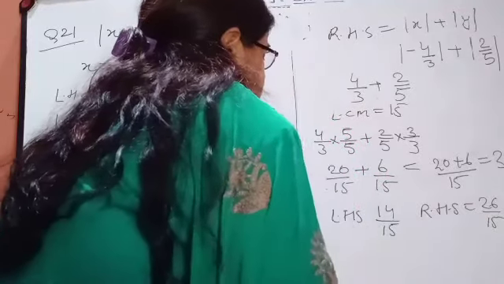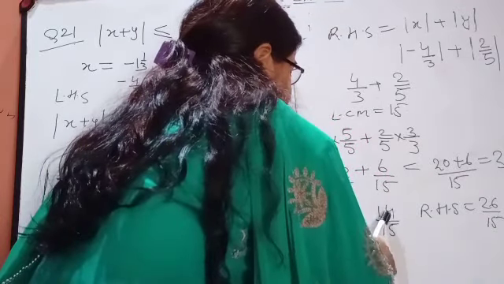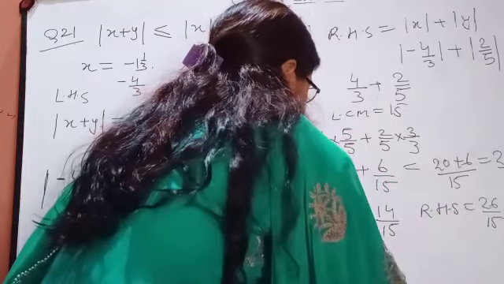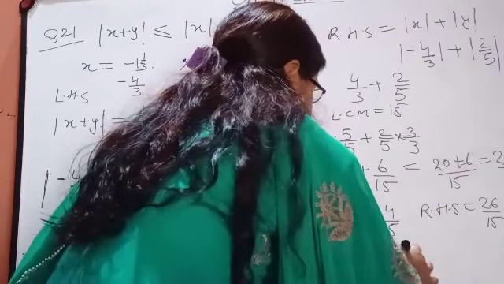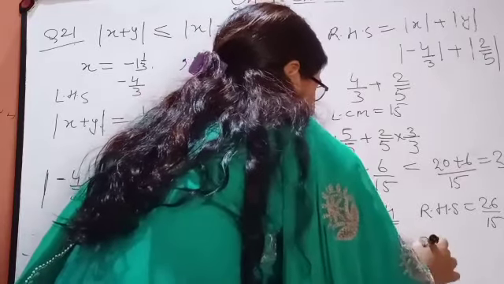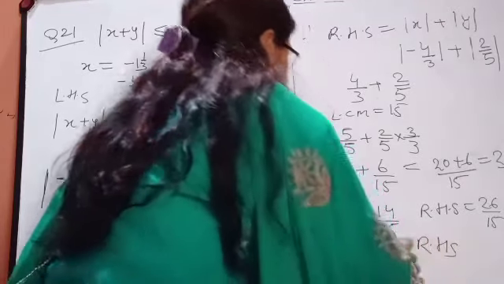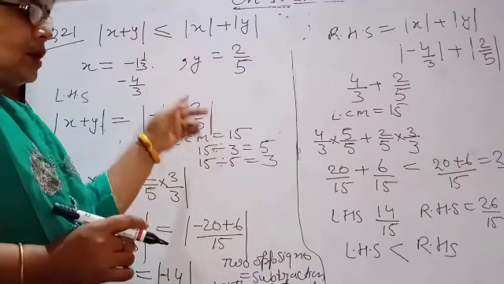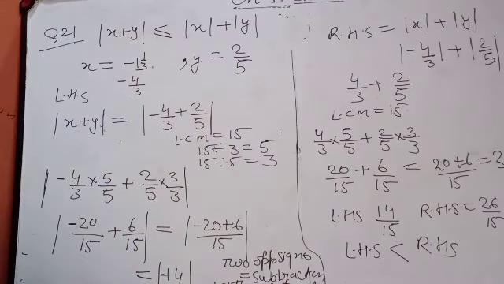See now, denominators are equal. So the left hand side has the lesser value and the right hand side has the greater value. So left hand side is smaller than right hand side. So it is verified. It was written there whether it will come less or equal. In this way you have to complete the parts of this question. You will complete the rest of the parts of this question and show me.